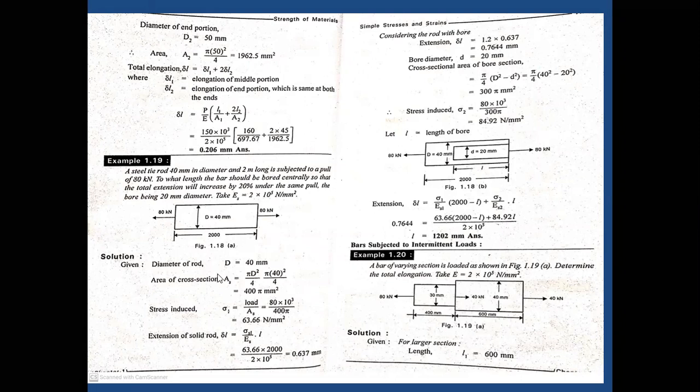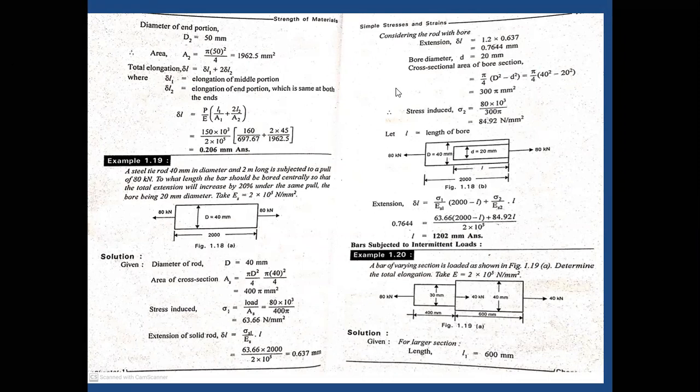So 20% is nothing but what we calculate as 1.2. If the cross section is the same and the percentage of increase is the same, we just consider 1. If the situation is 20% extra, that's why we assume 1.2.